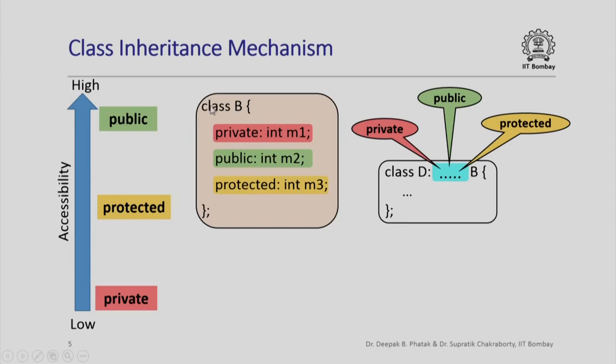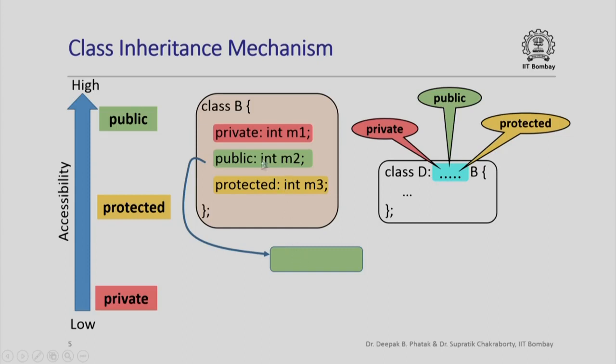So going back to our example, this was the class B within which I have three data members with three different access control specifications, and here I have the class D derived from B, and the mode of inheritance or the mode of derivation could be one of private, public or protected. And let us say I want to understand how this data member M2 can be accessed within the derived class D. So I pick up the access control specification for the data member M2